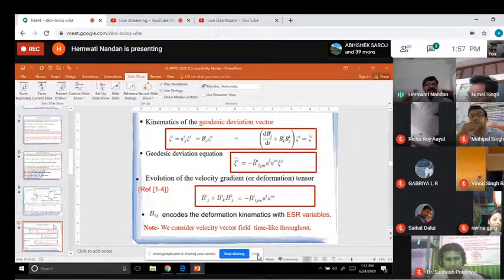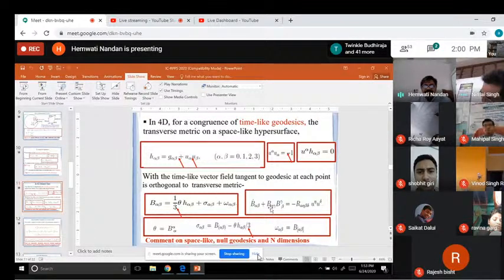And you can actually decompose this evolution tensor in three parts. You can see the first part, 1/3 θ h_αβ, is your trace part. This σ_αβ, you can see, is the symmetric and trace-free part. And the last one, this ω_αβ, is the antisymmetric part. So this decomposition of B_αβ, which encodes θ, σ_αβ, ω_αβ, and the equation for B_αβ dot, the first order differential equation for the evolution of B_αβ, actually